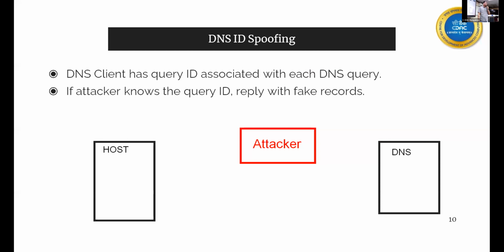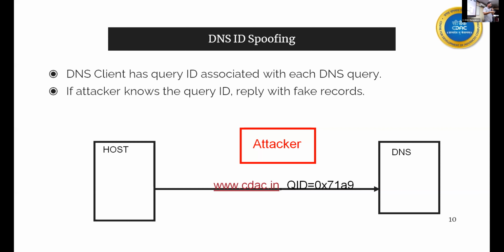is DNS ID spoofing. This will be applicable to the DNS clients. Okay, so you are the DNS clients, right? So this can be applicable to you all. Now, what is happening here in this case? The client will send a DNS query to a recursive DNS server, right? And you know that if you are using any DNS query, the query ID will be attached to that query. A uniquely identified query ID will be attached to each query, right?